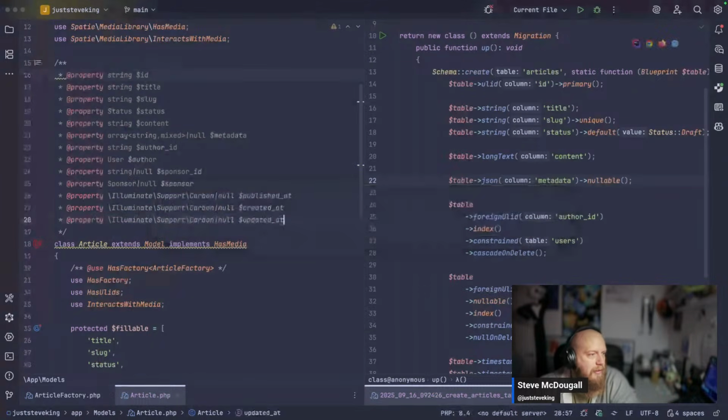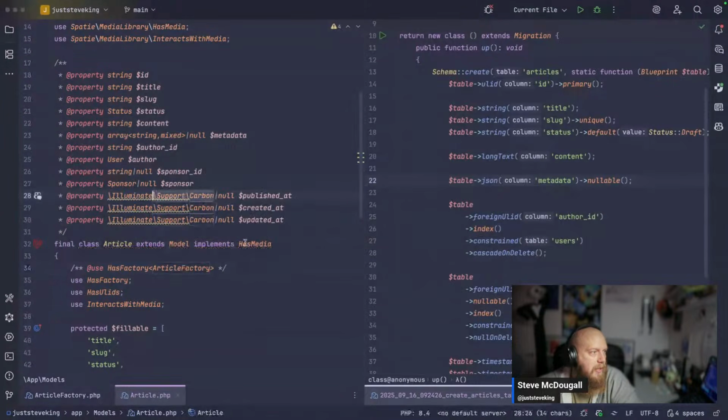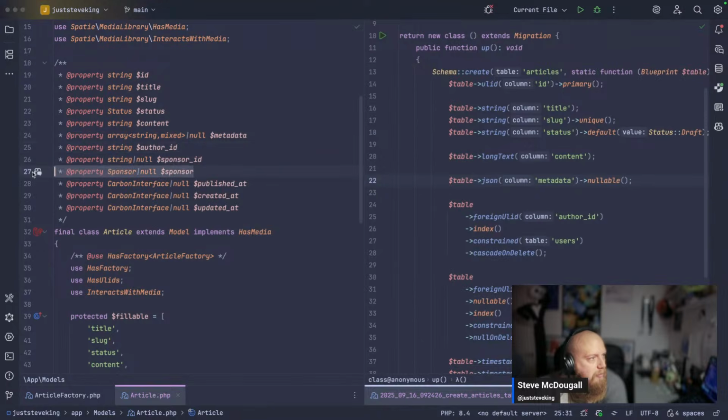Drop all of that and then do that. These are going to be carbon interfaces. Get rid of that. And that. So ID, blah, blah, blah, blah, blah, author. We've got that. And put that for now. Then we can go property